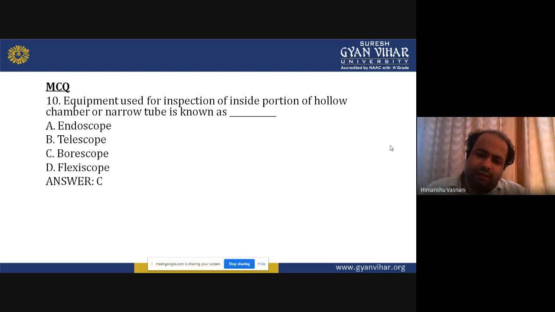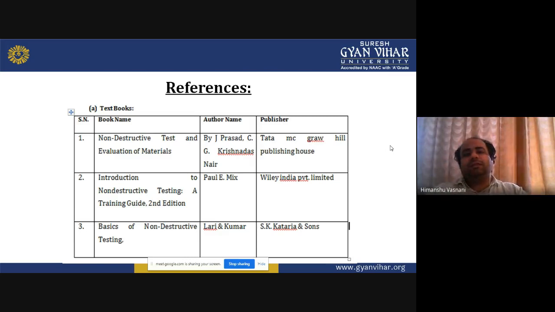Okay, so this may help you to increase your knowledge to some extent, and I hope you like the lecture. These are some references that you should consider and study after this lecture if you want. These books are a source of knowledge, and one should try reading these books if possible.